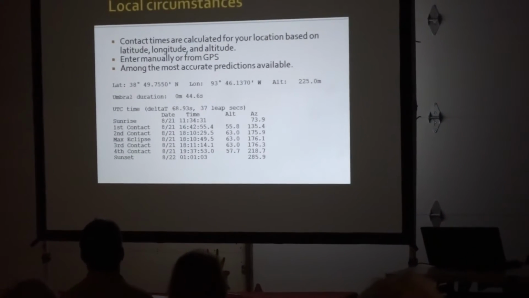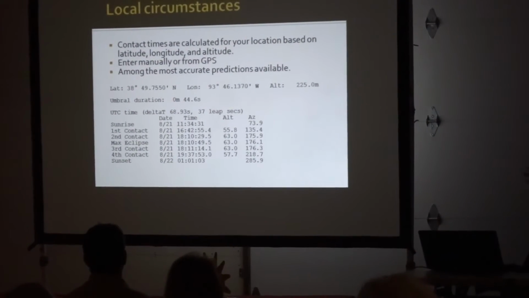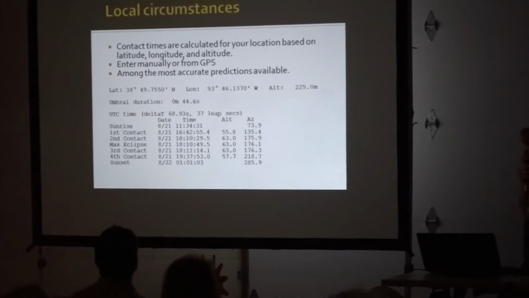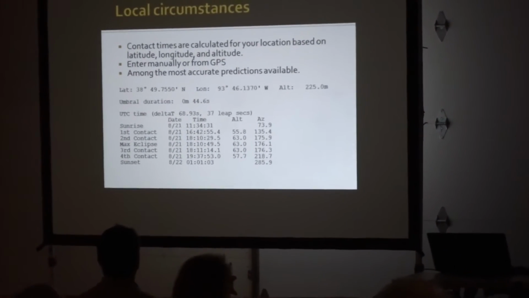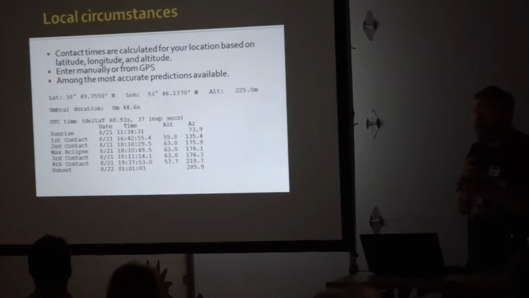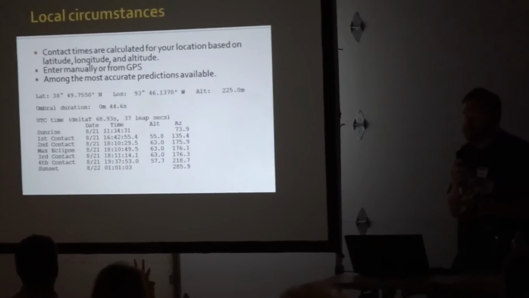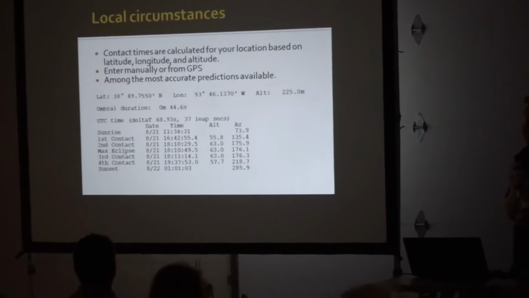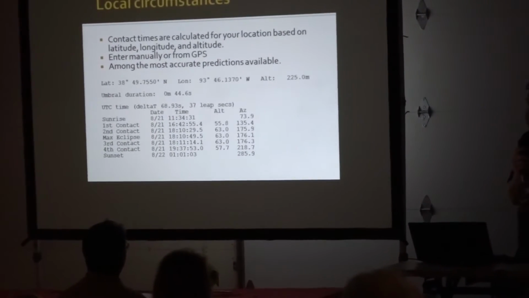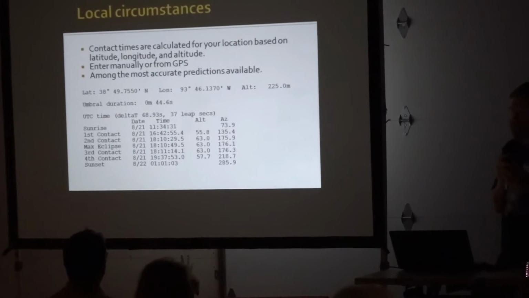Local circumstances. This is something you have to do if you want to get your photos timed down to the second. These phenomena only last a couple of seconds. So if you want to nail that photo within the second, then the software needs to know where you are very accurately, to within hundreds of meters. And so you need to have a GPS